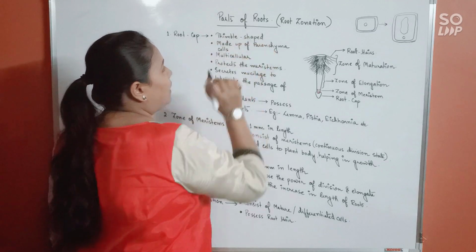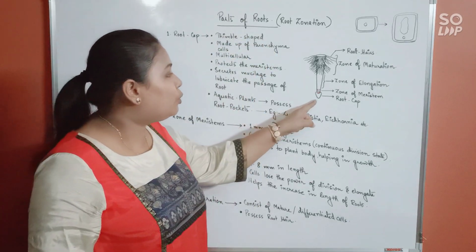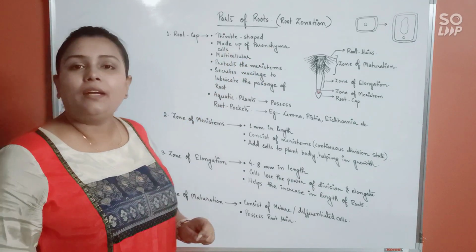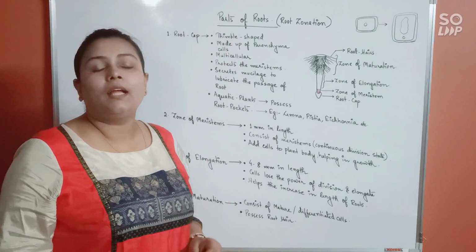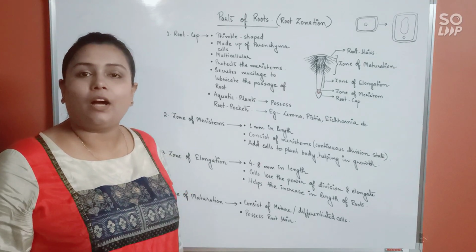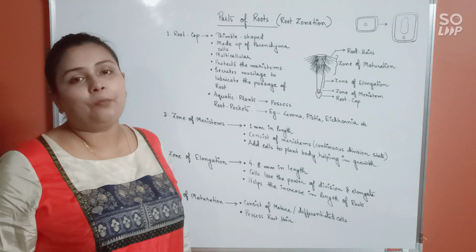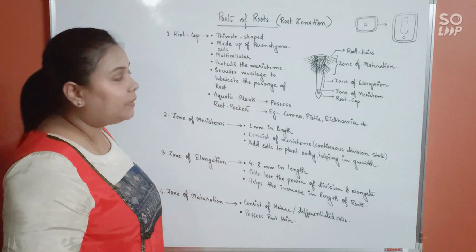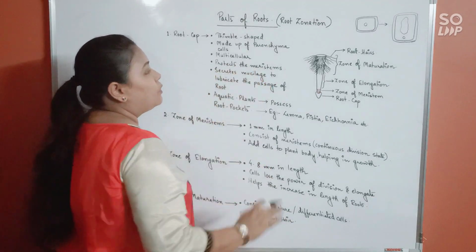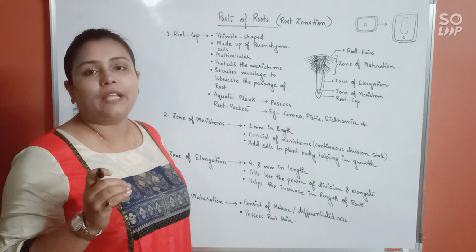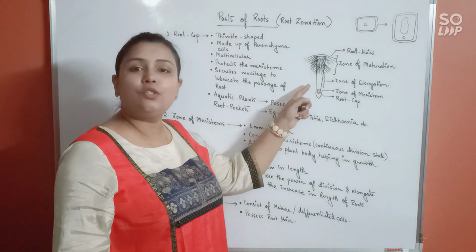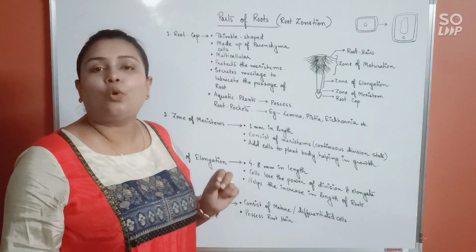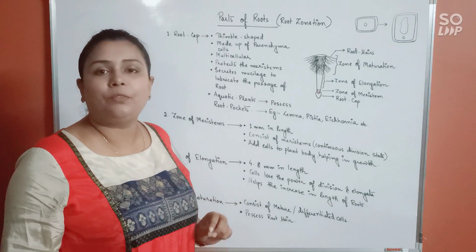Root cap, as you know, is thimble shaped. The root cap is made up of parenchyma cells. Parenchyma cells are living cells. They consist of a thin cellulosic cell wall, dense cytoplasm and a prominent nucleus. They are obviously multicellular and they protect the meristem. The main function of the root cap itself is to protect the zone of meristems. These meristems are very much required for overall or indefinite growth of the plant.